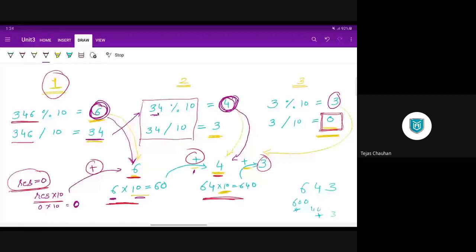Now once you have those digits extracted, 6, 4, 3, and so on, then we go for the multiplication and addition process, right? Initialize your result with 0, multiply it by 10 and then add your current digit. So you'll have 6. Again, whatever you have, 6, multiply it by 10, so 60, and then add your digit 4, becomes 64. 64 multiplied by 10 is 640, and then add the last digit, which will give you the final answer 643.